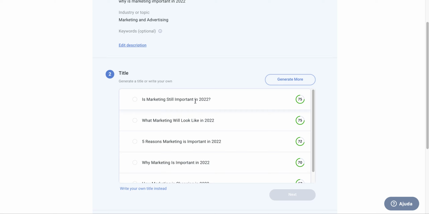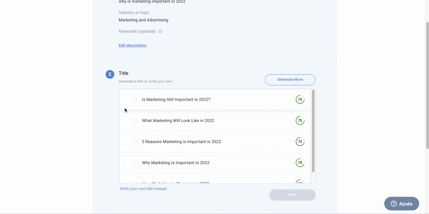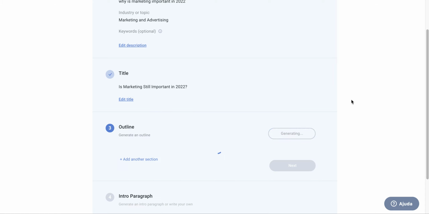Is marketing still important in 2022? What will marketing look like in 2022? 5 reasons marketing is still important in 2022. Why is marketing important in 2022? I mean, these are some pretty cool headlines that we have here. So let's go and pick the first one. Is marketing still important in 2022? Hit next,